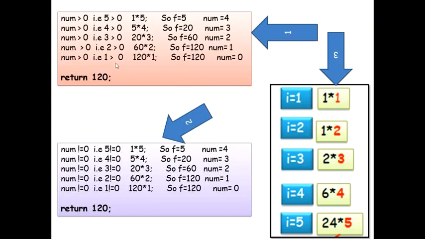So each step is considered to be one iteration, and therefore we have got the resultant answer for an iterative function. These are called iterative functions, wherein you get the final answer as a result of some steps that you have done. Now these steps will only happen in an iteration format when you use a for loop or a while loop. You may also use a do while loop, but again, because there's a while coming into the picture there, it becomes an iterative process. So these are called iterative functions.